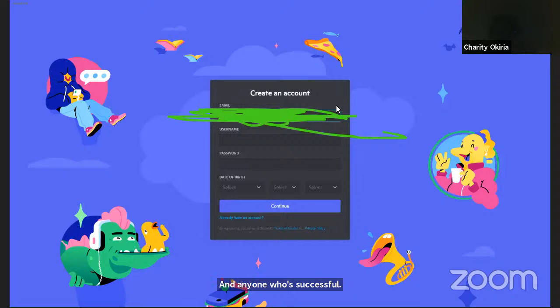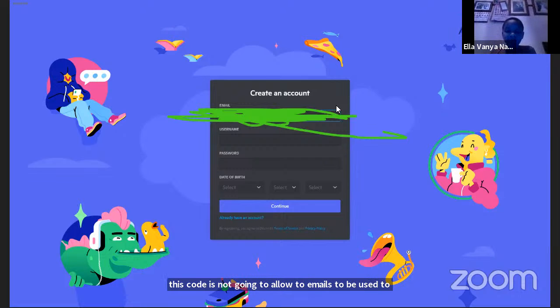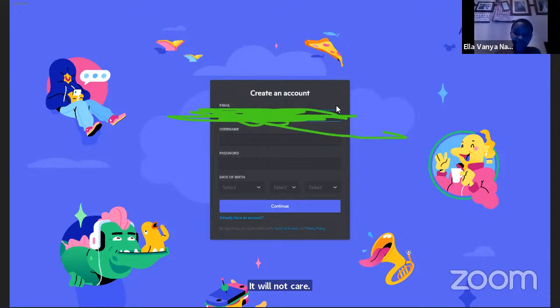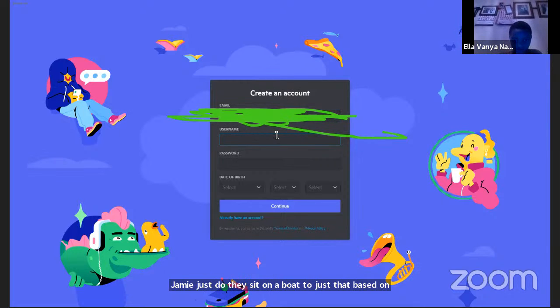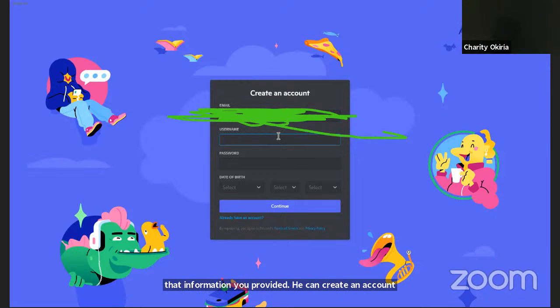So Jesse, for your case, are you at the part of registering? I think you are. So you're going to register. If the email says it's already being used, that means you have to use another email, unfortunately, because Discord is not going to allow two emails to be used. Yes, Ella. I register, they say unable to register based on the information you provided. We can't create an account for you right now. Okay.